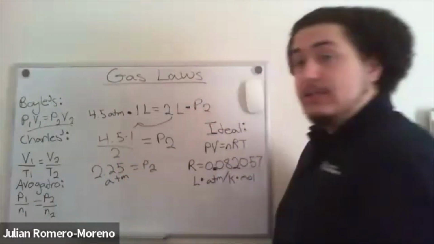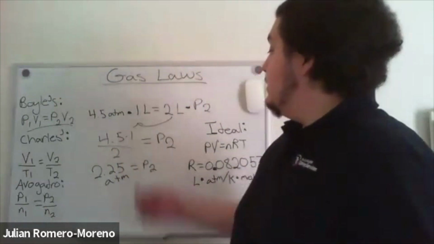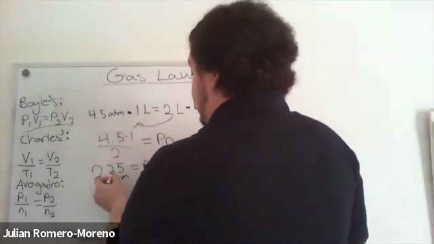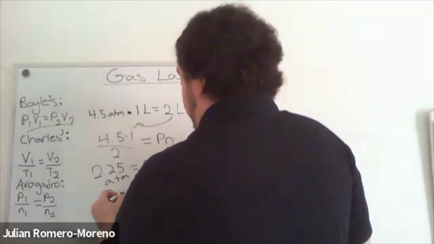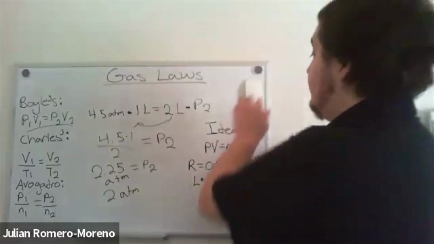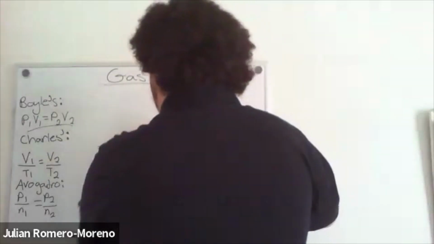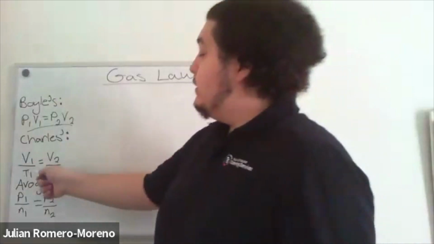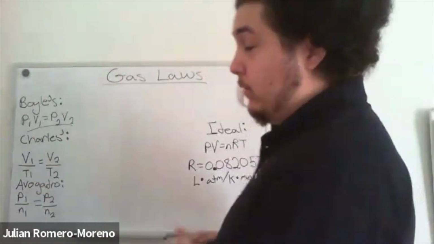We do have to remember our sig figs. Since this was given as 1 sig fig, that means we need to round up to 2 atmospheres of pressure. That's our first law. Now we can use Charles's law, which says that volume and temperature are proportional, not inverse,